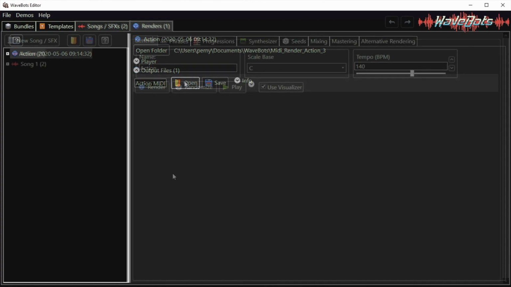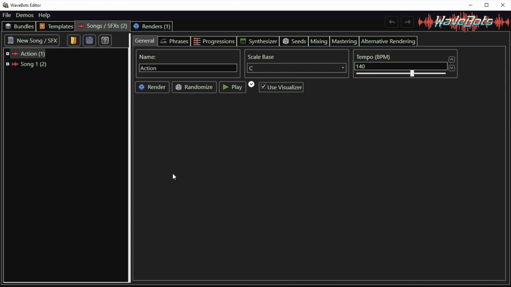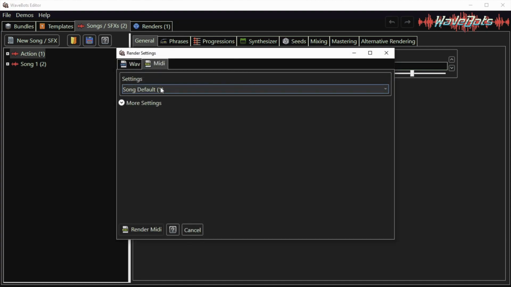It is often the case that you want to use the Midi file in another program. You can configure the editor to open that program up automatically when your rendering is done. This is how you set it up. When you click Render and go to the Midi tab,